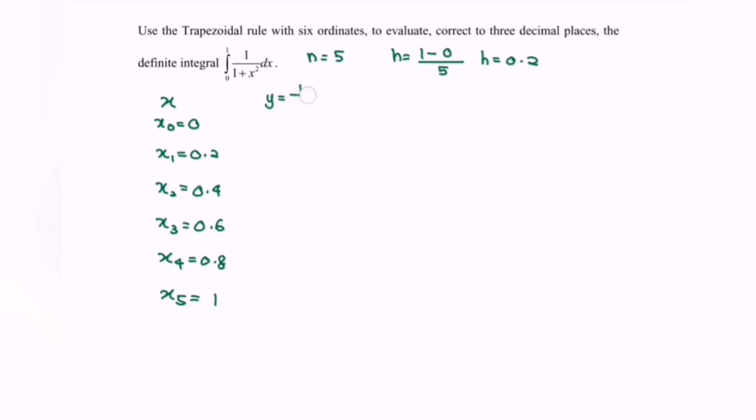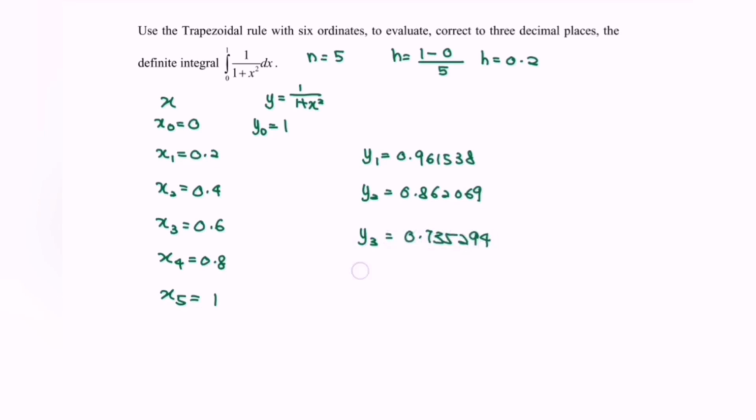Here we have the function 1 over 1 plus x squared. Kindly substitute the value of x into the function y, and we will have y0 equal to 1. Next, we have y1 equal to 0.961538. Next, y2, y3, y4, and we have the final value y5, 0.5. Kindly sum up the situation. Here we have 1.5 and